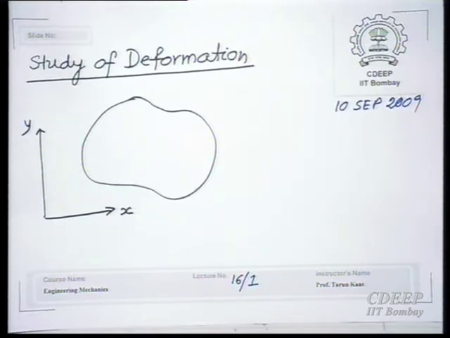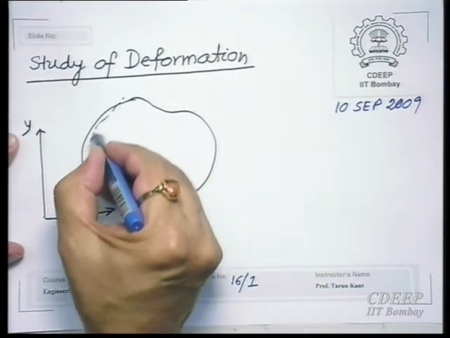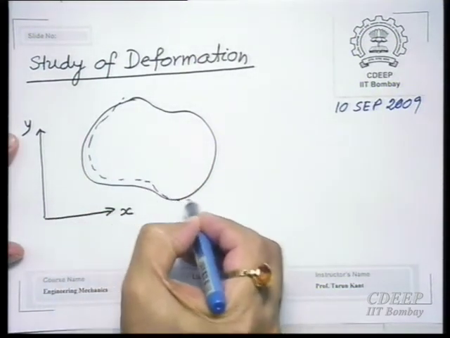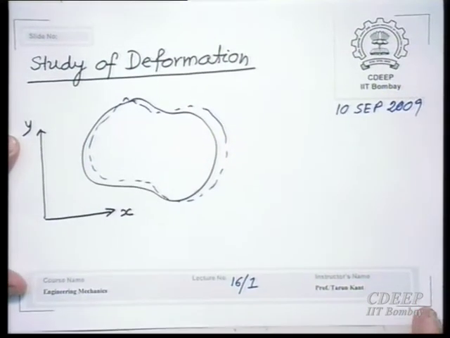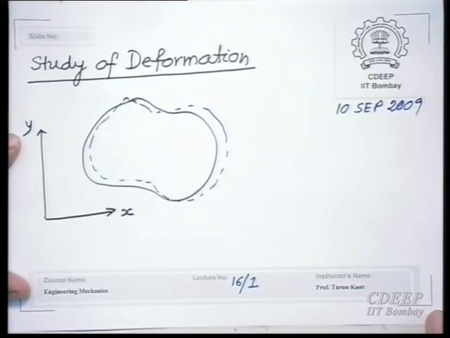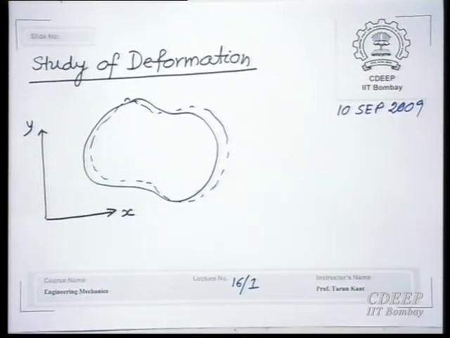What is the meaning of deformation? Deformation means this body now will take up a new position, something like this. Now, the deformation should be such that it does not create any voids in the body. If the original body is a continuous body, then after deformation, after the loads are applied, this also should remain. So we are considering that the deformation will not create any voids, otherwise there will be a problem.